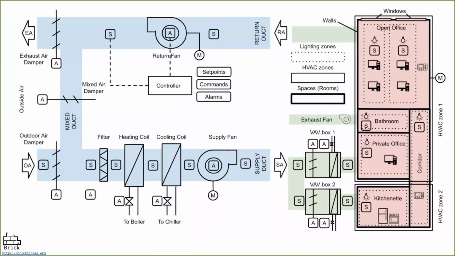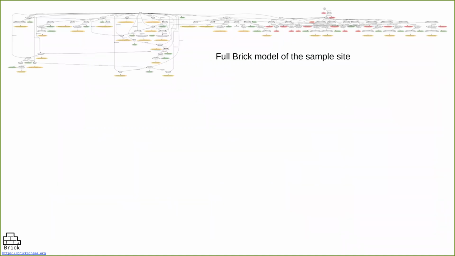So before I get into what's new in Brick, I just want to give you a quick 30-second overview of what Brick might look like for a more complex and more realistic building than the one that I just showed. So here we've got our air handler unit in blue. It's got all the fans, the heating coils, a bunch of sensors and set points and motors and valves and dampers all over the place. We've got two VAV boxes feeding two different zones. Those zones consist of rooms. Those rooms consist of lighting zones and lighting fixtures. And then we've got the exhaust fan and air returning back to the air handler unit. And so what this looks like as a Brick model is this big graph right here. And so, I'm not expecting you to